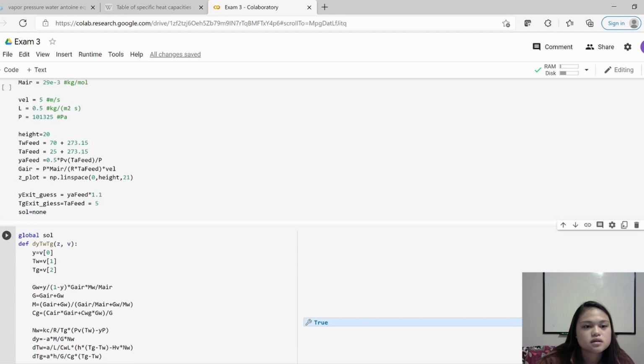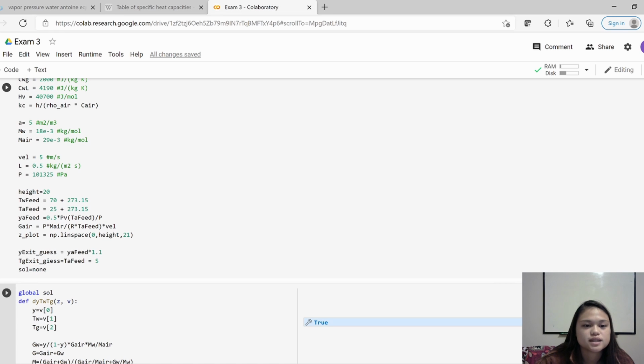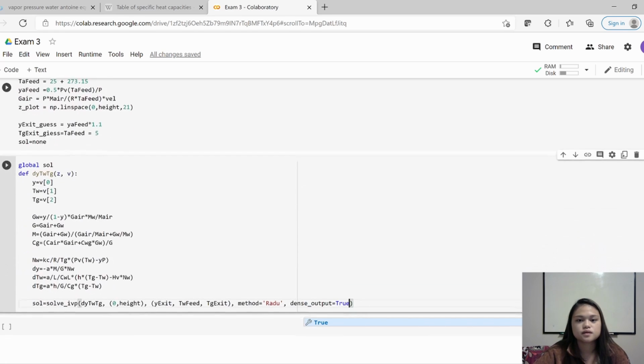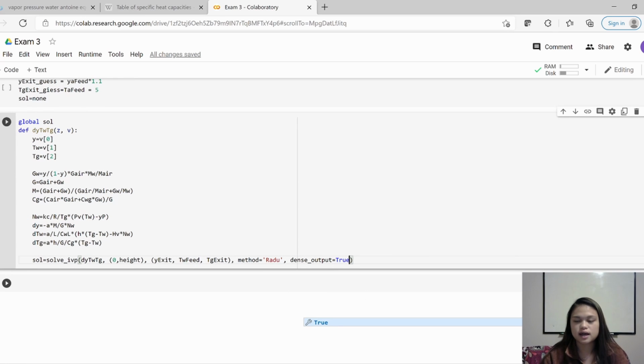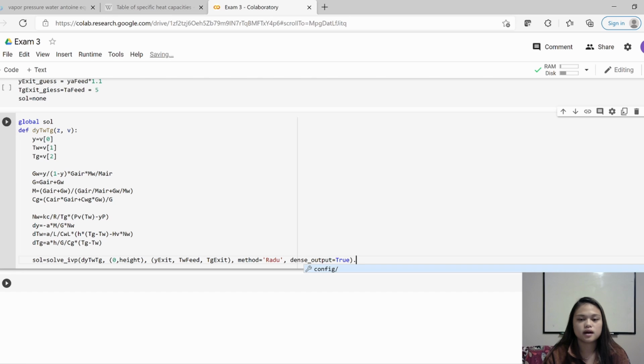Oh, maybe we didn't. Oh, here we go. Yeah, I thought we did it. So we have that z_plot. So let's just add that in. So we have that, actually, that's where we're evaluating this whole IVP. So dot solve, and then we will just put the z underscore plot